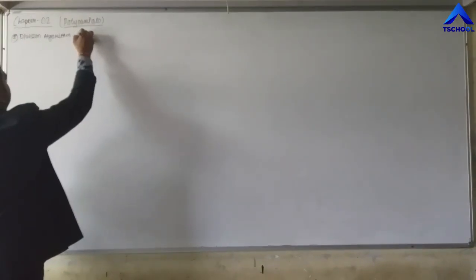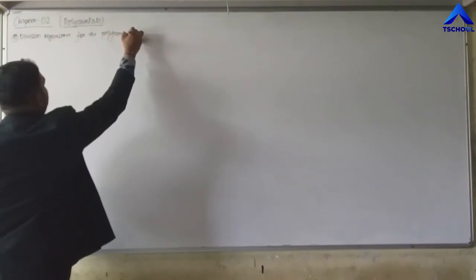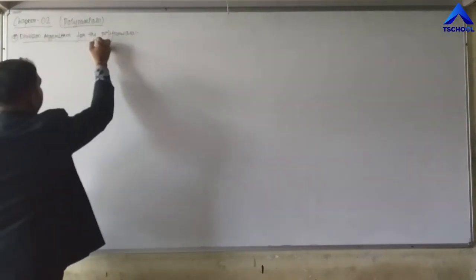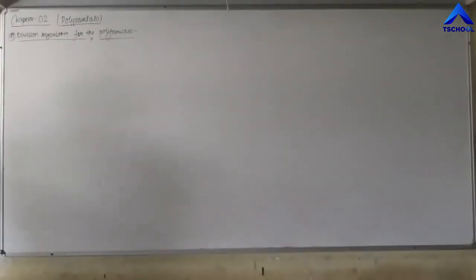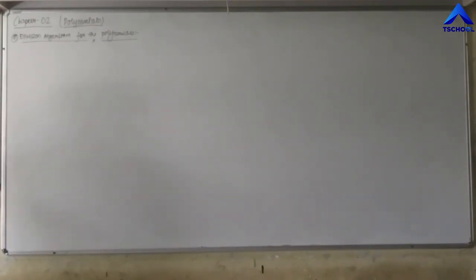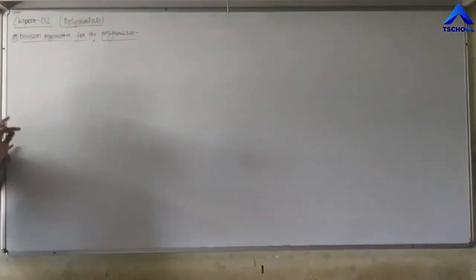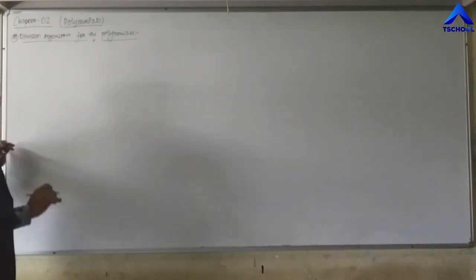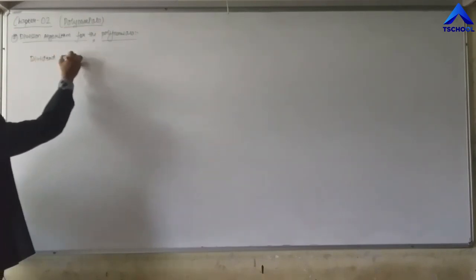Division algorithm for the polynomials. The division algorithm. Now, if we are dividing two numbers, then the division algorithm follows that dividend. The division algorithm follows what? I am saying about two numbers right now, not for the polynomials. The division algorithm follows like dividend is equal to